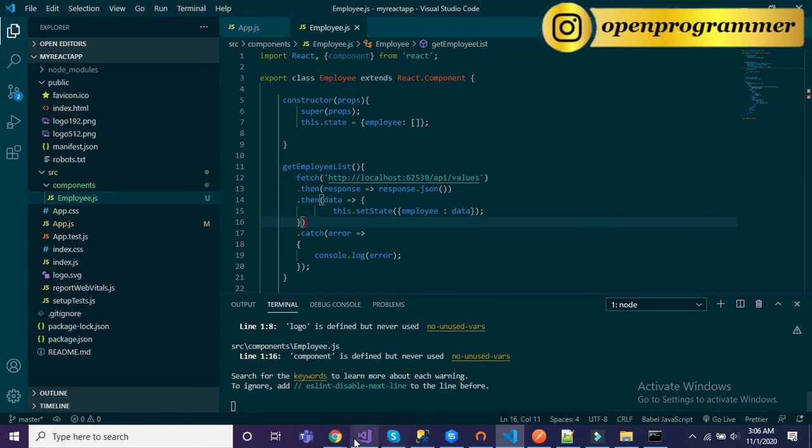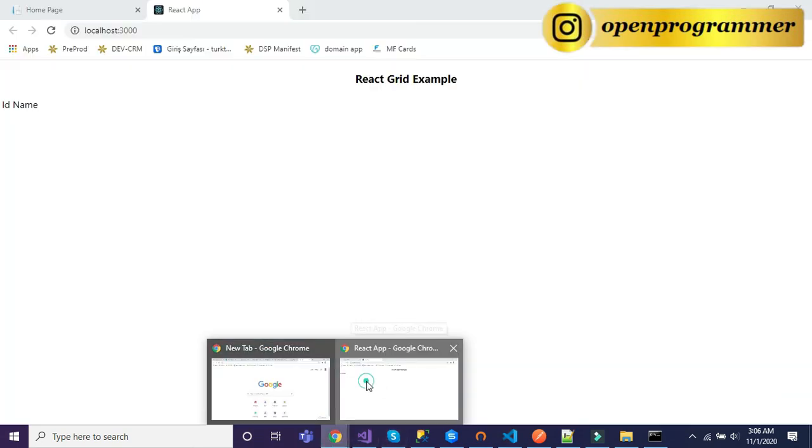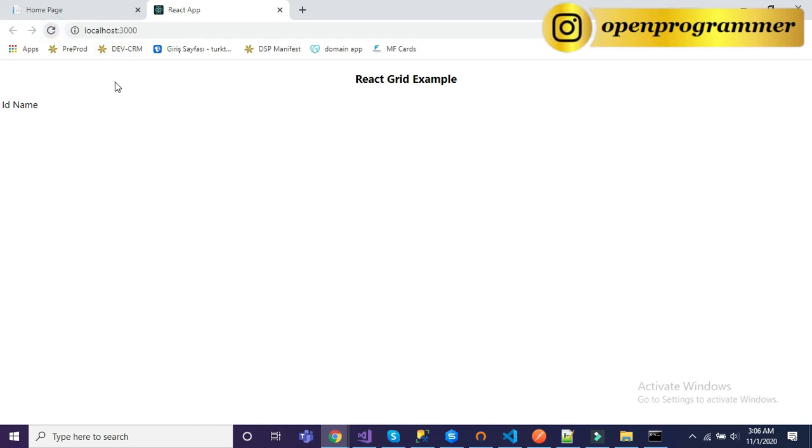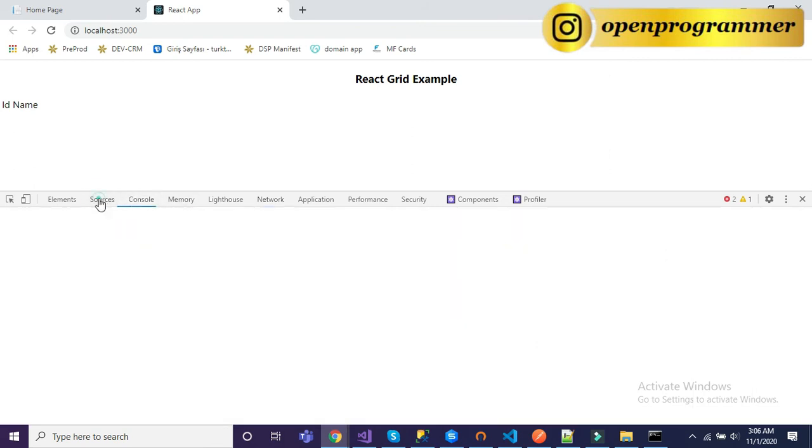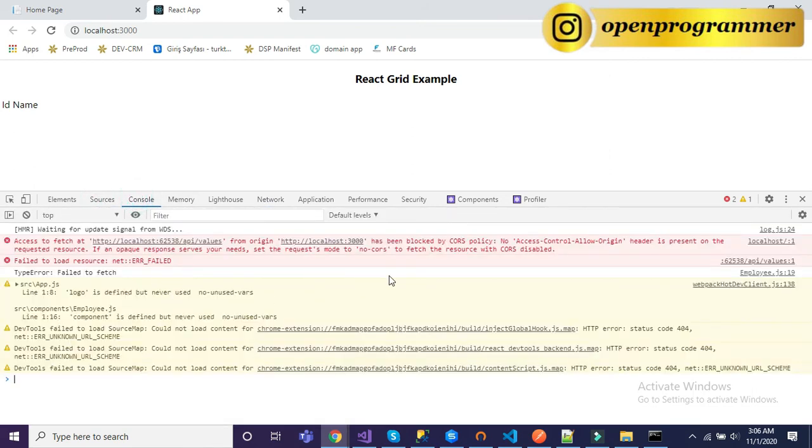Now go back to the browser, refresh it. Let me open F12 and go to the console.